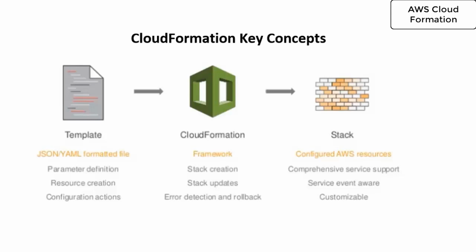So template is nothing but a JSON or YAML formatted file where you define your parameters, resource creation, and configuration actions. So whatever you need to do, whatever you are going to implement, whatever the resources you need to use, you just mention in the YAML file or JSON file, and the AWS CloudFormation will create those services for you, and you don't even need